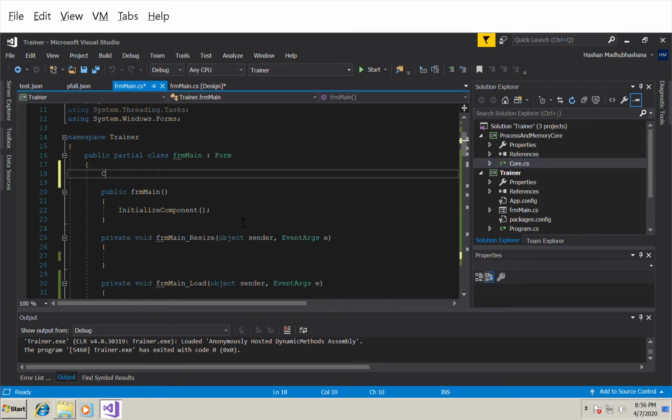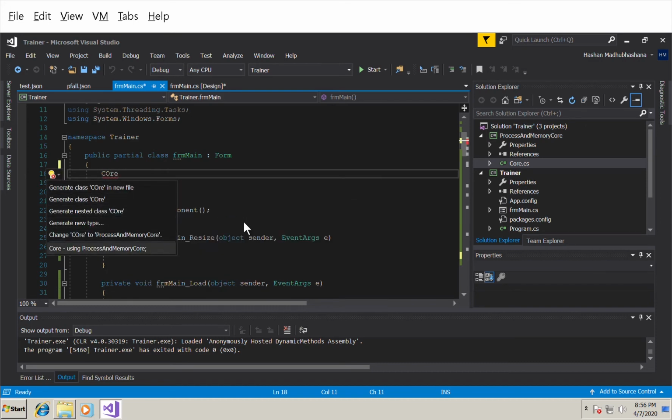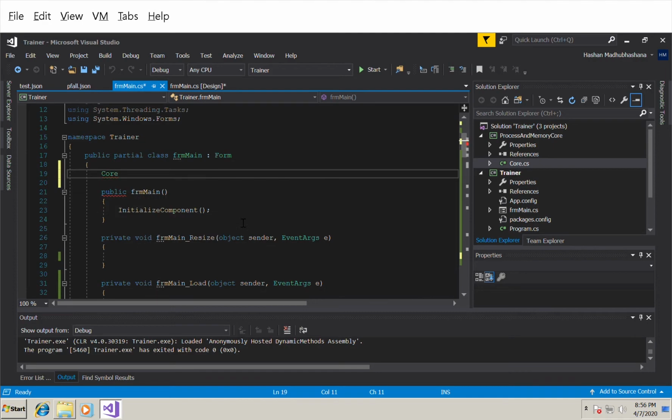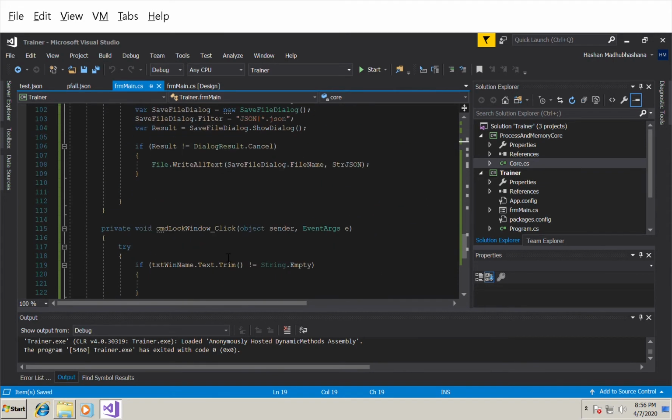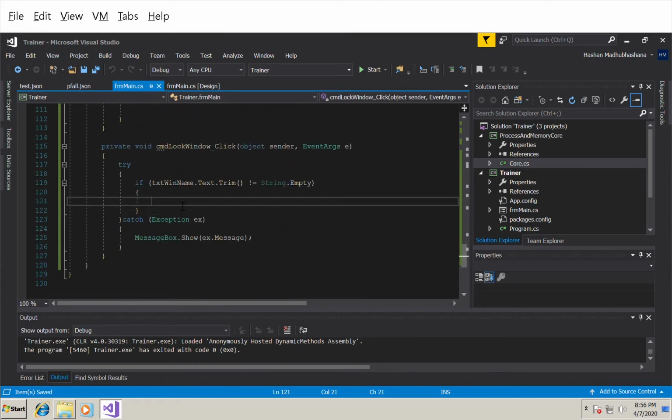So can we use memory core, right? So core, right? So this will be our global variable for the memory class. All right, memory core class. So I'm going to